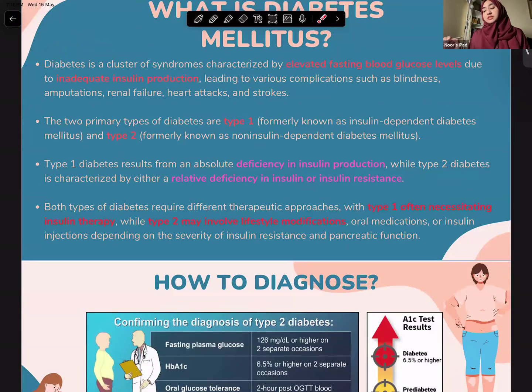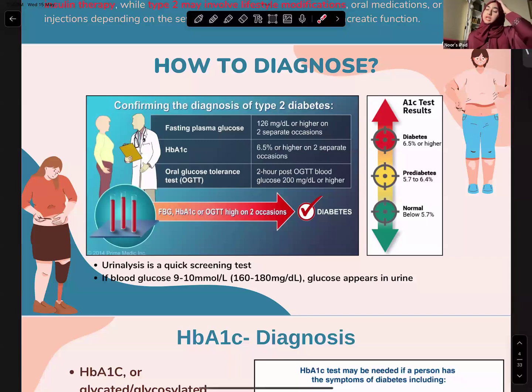So the best solution for type 2 diabetes is lifestyle modifications, and we will be doing it towards the end. So, how do you diagnose diabetes? Now, there are three main tests to diagnose diabetes. One is fasting plasma glucose, the other one is HbA1c, and the other one is OGTT, which is oral glucose tolerance test. Now, fasting plasma glucose,